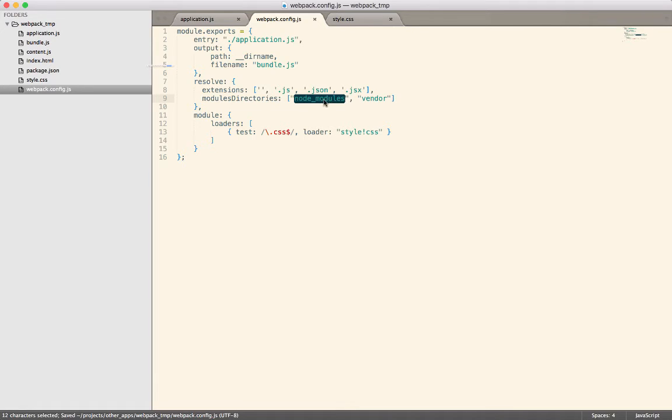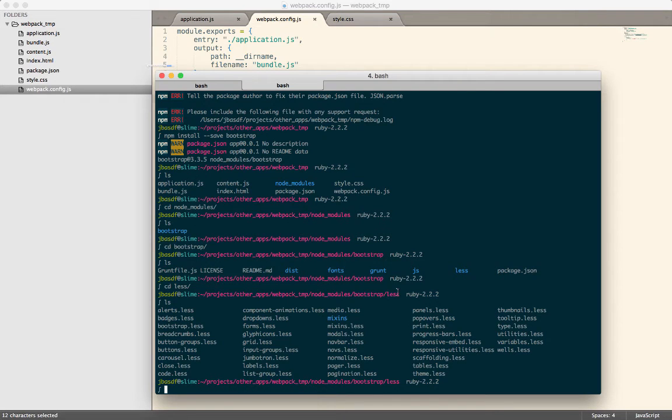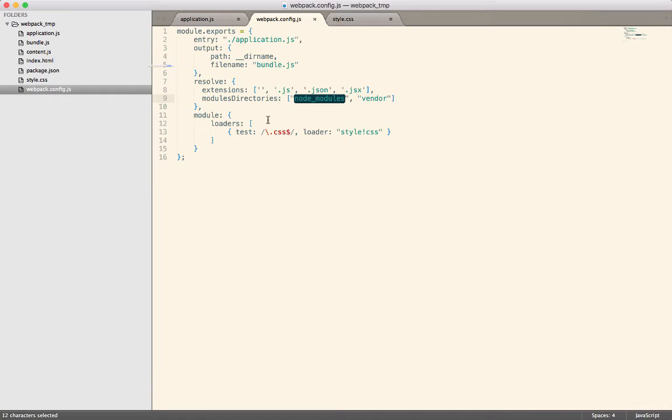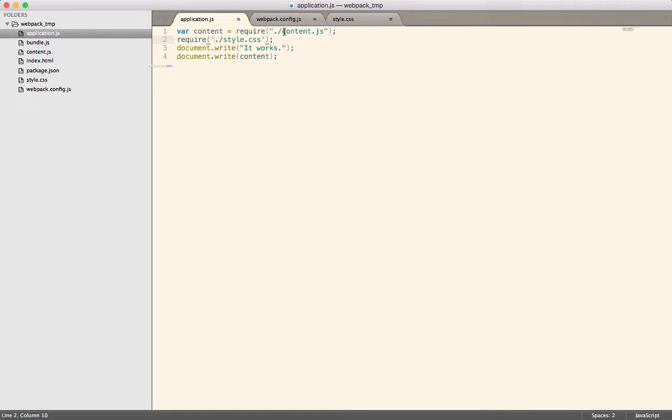That tells Webpack that it needs to go look in that modules directory. You can't see it because I've excluded it from my Sublime project here, but if you go to the command line, you can see here's our node_modules directory. So now that is included in the path that Webpack is going to search when it tries to find different files. So with any luck, I should be able to come in here and say require